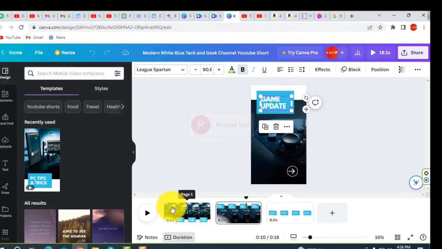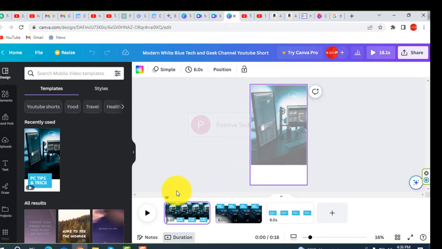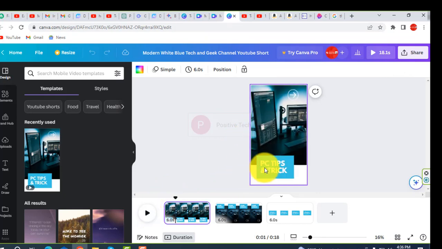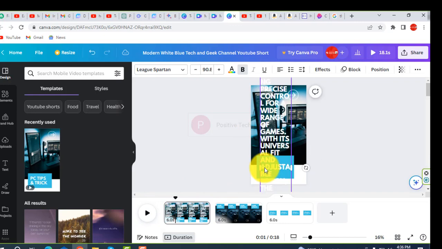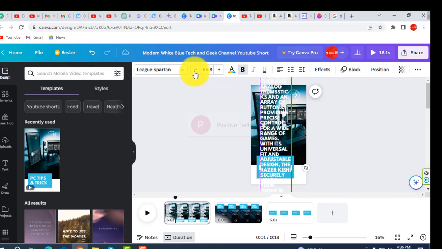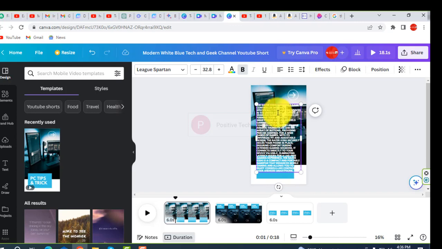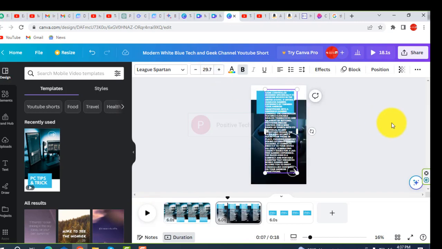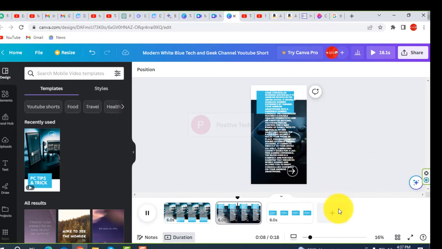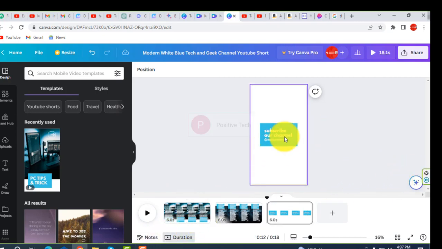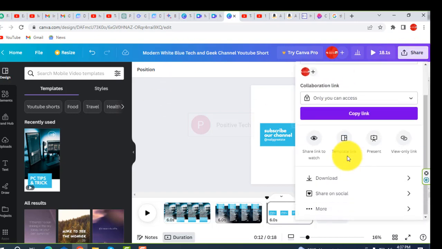Here you can upload these and copy here. It will become words, and you can make it like that and add sound also. If you give the sound here, this will be okay.